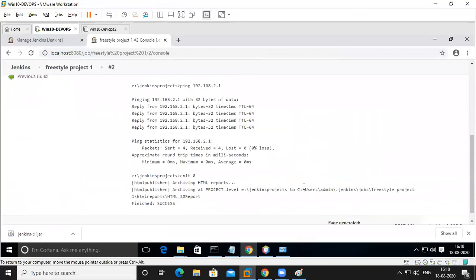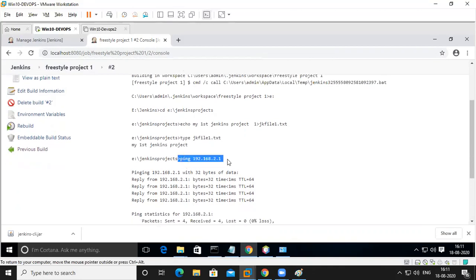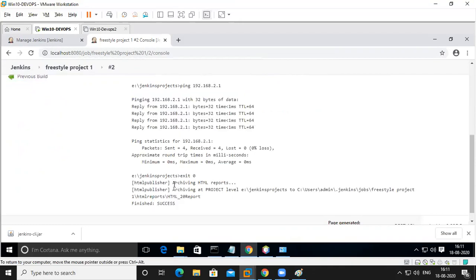Okay, completed. It is not created in ours. It is created in the job section in Jenkins. Okay, and here it is. Okay, no problem. We'll see that one later. First of all, what has happened here? Successfully changed directory. So in my directory, the file is done. Okay, the text is in my file, and also it is done pinging. This is pinging, and then completed. And next, this is post build.